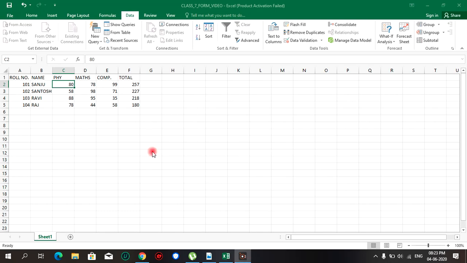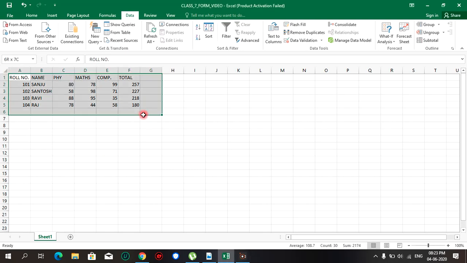We have already set this in the Excel sheet: if the value is less than 40, it displays a message, and if the value is more than 99, it also gives a message. This is the data we have here. Now we test whether the validation is working.